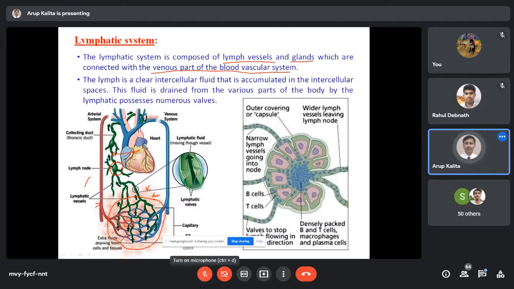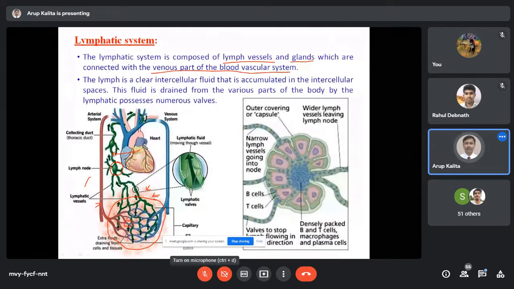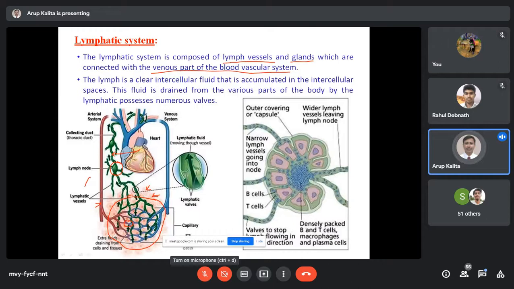Now when the oxygen is given to the tissues by the arterial capillaries, a metabolic process occurs inside the tissue. During the metabolic process, the cell will secrete some fluid, and that fluid is called lymph. This lymph will be carried by the lymphatic vessel. The green color is the lymphatic vessel. Now lymph will be coming like this. When the lymph comes, it will join the larger lymphatic vessels and join the venous system. During the process of lymph moving from one place to another, it has to cross the lymphatic gland.